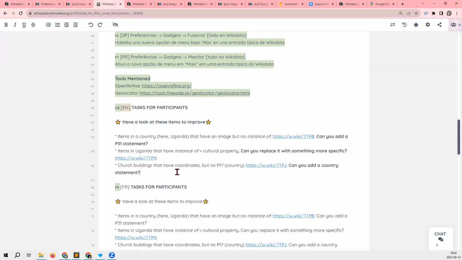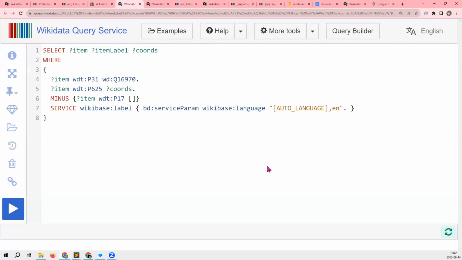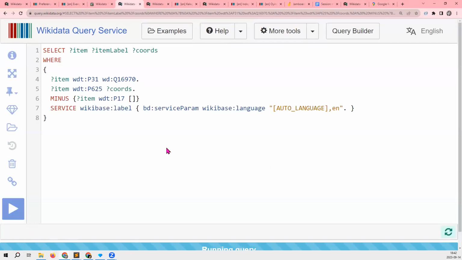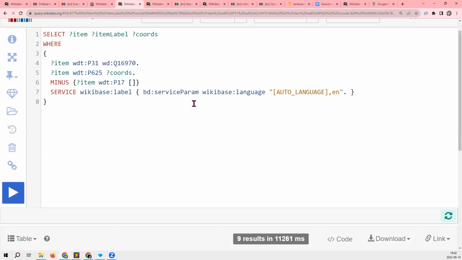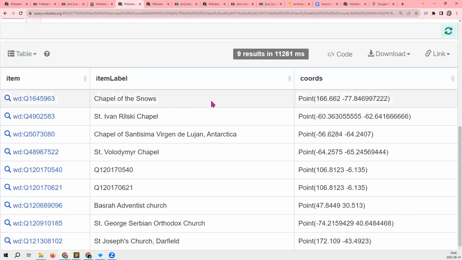We also have something for people who like working with geodata items, in this case, church buildings that have coordinates, but do not have a country statement. Just running it, it's going to be a bit slower because it's looking for items all around the world on all of Wikidata.